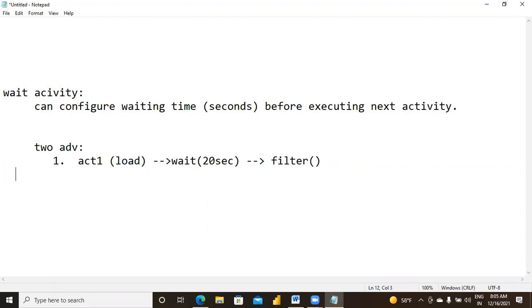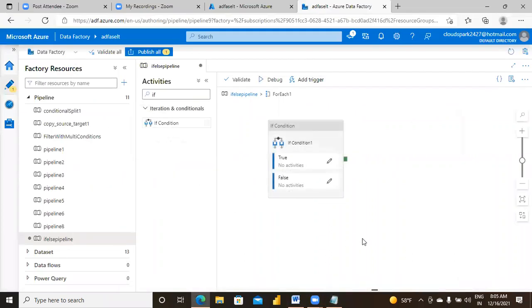Second advantage is just only to do testing. A small example for this. You have a question whether my if-else activity is perfectly working or not. Suppose I have given some existing pipeline and you applied some condition in the true. Whether that particular condition is perfectly validating or not, you want to check it. Your intention is only to check whether the given condition is working or not.